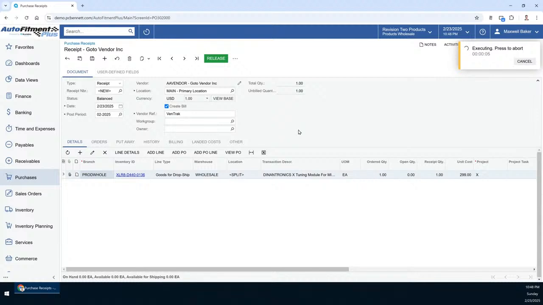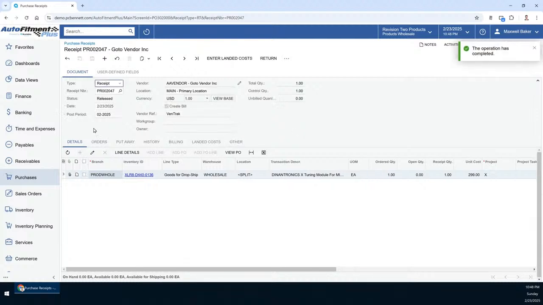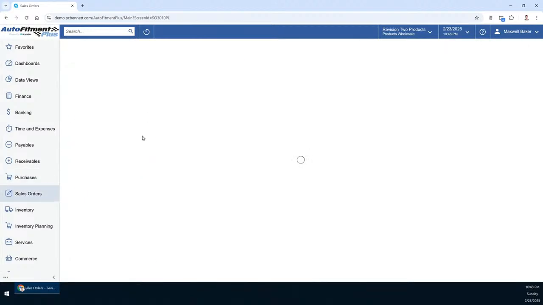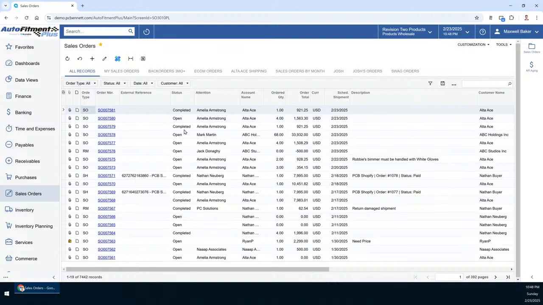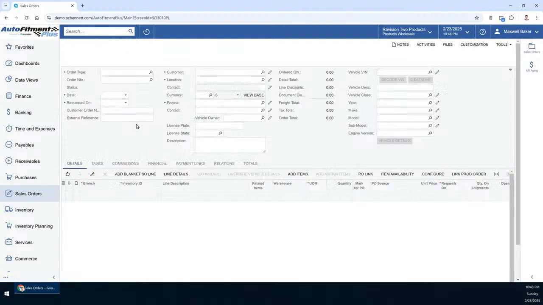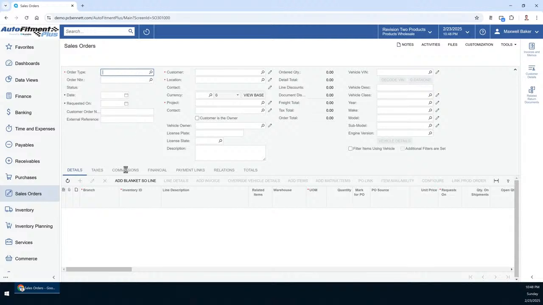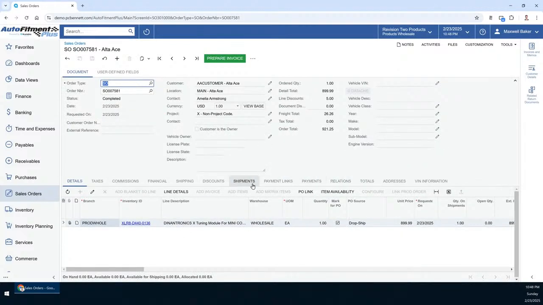We're going to have a cost of goods sold. We're also going to have the liability to the vendor and the AR for the customer. When I jump back to the sales order itself, we should be able to see that the status now shows as completed. Drill in there, and on the Shipments tab, we're going to be able to see that the system